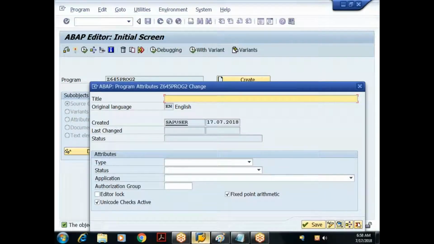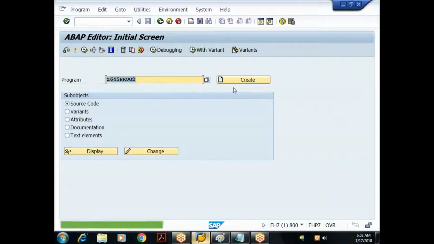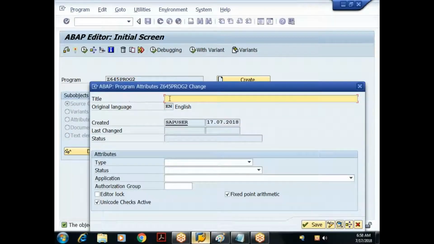Okay, so after providing the object name, what I have to do, I have to click on the create button. I can click on the create button, or I can press the function key F5. Both are the same, so I'll press F5. Done. Title, some title,